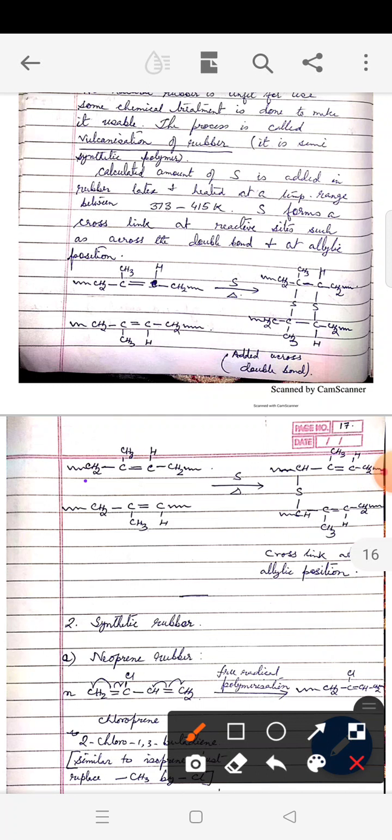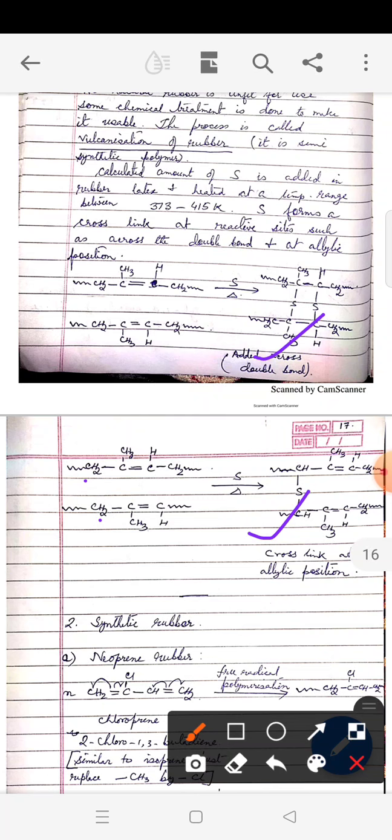You see here we have taken two chains, and we are heating them with sulfur, and the sulfur gets introduced at the allylic position. Please remember, when you are putting a sulfur here, you have to remove the hydrogen because it was already saturated. This part is already saturated, so from CH2 it becomes CH. That care should be taken. So this way, both the rubbers which we get are cross-linked rubber. This is the polymer formed at the double bond, and this is the polymer formed at the allylic position.